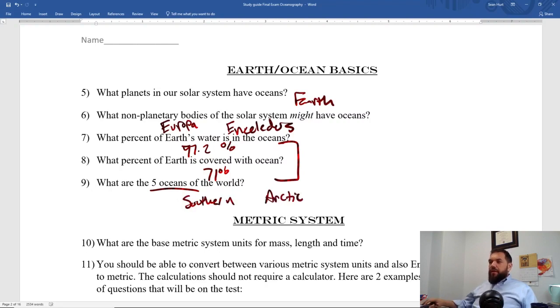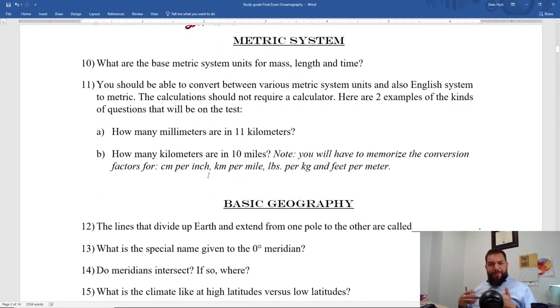Now, moving on to the metric system. A lot of people get nervous about the metric system because you have math involved. Actually, you don't have to do too much math even, because a lot of the metric system conversions are just moving the decimal point. You can bring a calculator to the test. It's okay. You can also have some scratch paper and a pen. That's okay. You can't have class notes, of course. You can't have a book, of course. But anyway, you should be able to use a calculator if you want.